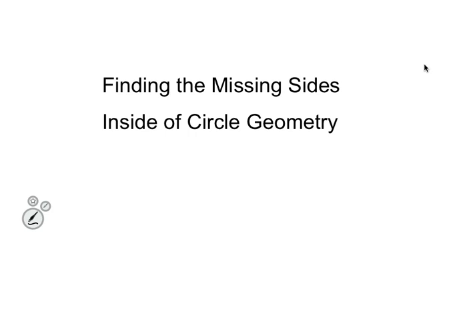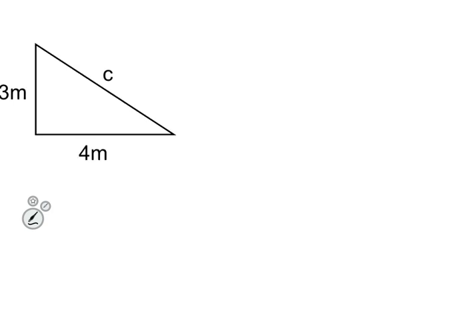Alrighty, today we're going to look at finding the missing sides inside of circle geometry. In order to do this, we end up using a lot of your trig, most specifically the Pythagorean theorem, which we saw a whole bunch with triangles, and actually that's what we'll be doing a lot of today, constructing triangles inside of circles. So I figured it'd be worthwhile to just quickly review that good old famous Pythagorean theorem,